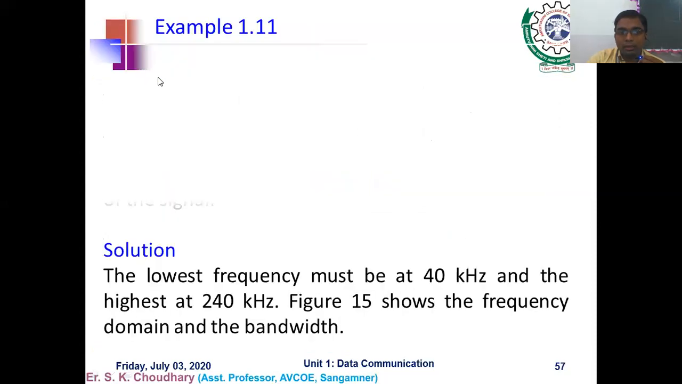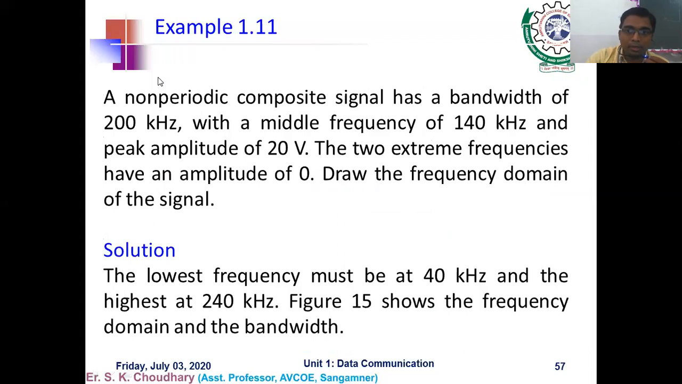Now go with another example. The example of a non-periodic composite signal has a bandwidth of 200 kilohertz, and a middle frequency is given, because it is not possible otherwise. It is given a middle frequency of 140 kilohertz, and the peak amplitude is also given at the